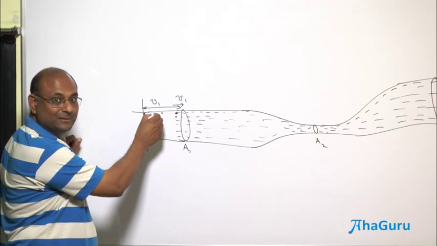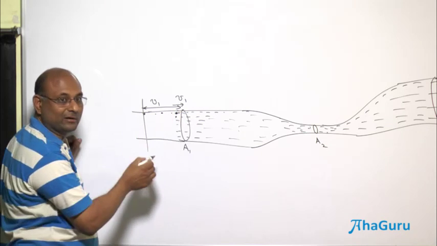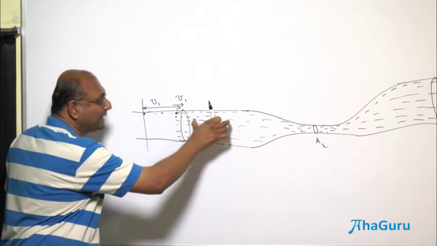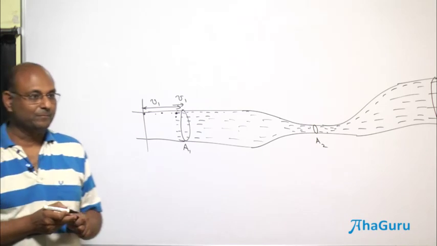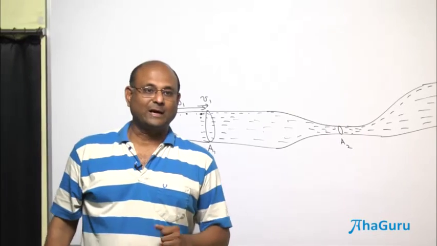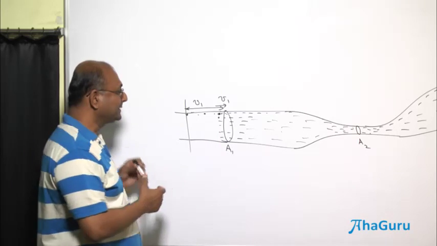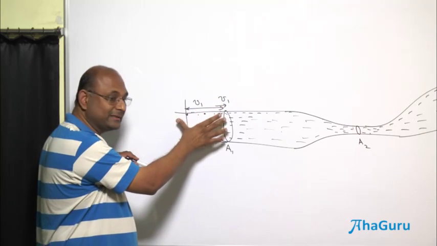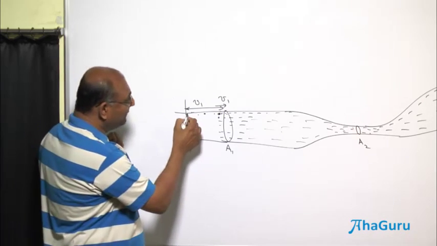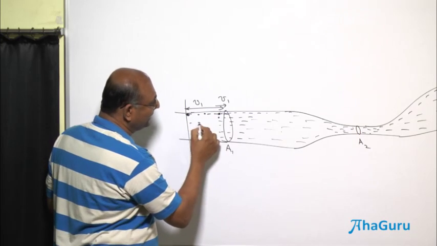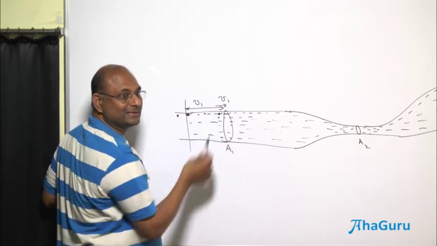This molecule will take less than 1 second. This will take even less time. This will take a small fraction of a second and then it's gone. But all of these guys would have entered within 1 second. By the way, this is a very important and useful idea, because we will later look at it for the flow of current, the flow of electrons. We will use this again and again. What is the idea? I am taking velocity and converting it into length for 1 second. But velocity is length per 1 second. So, everything here would have gone inside. Anything here would have just reached this part but not yet gone inside.